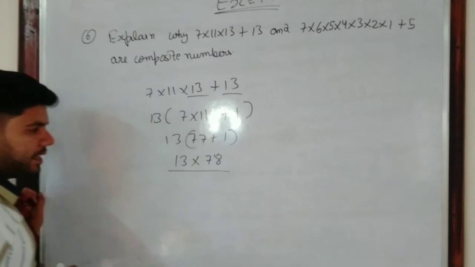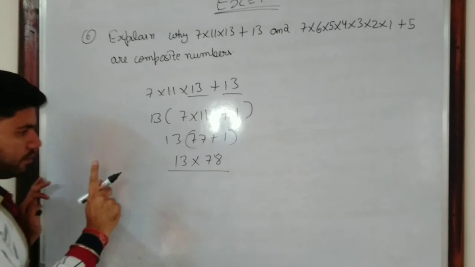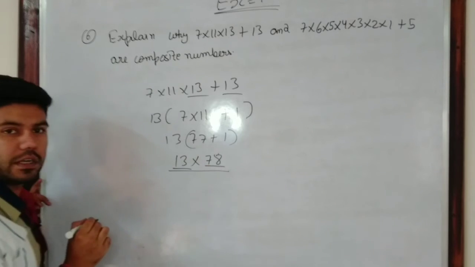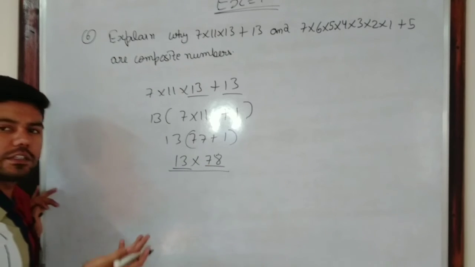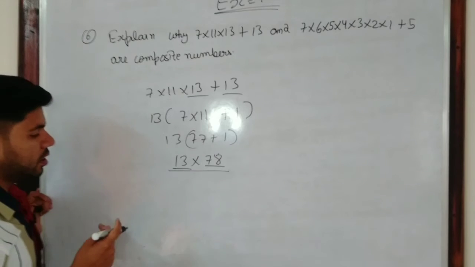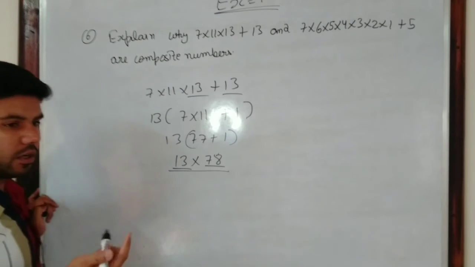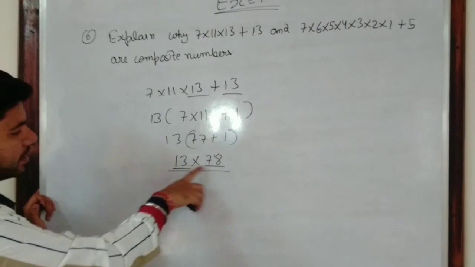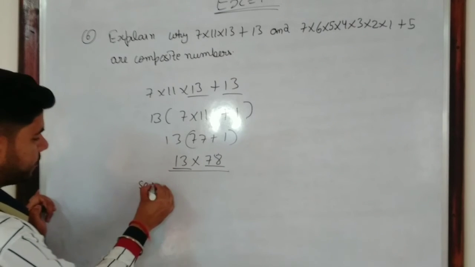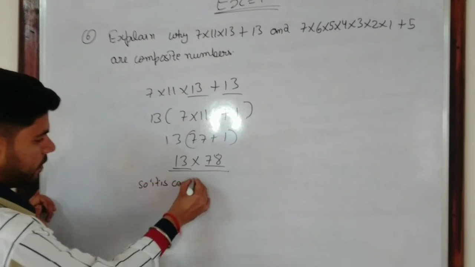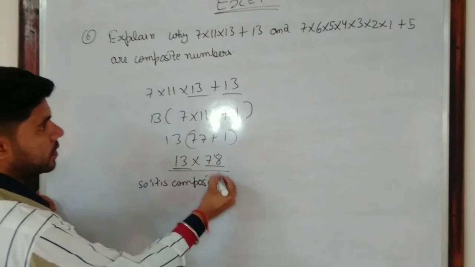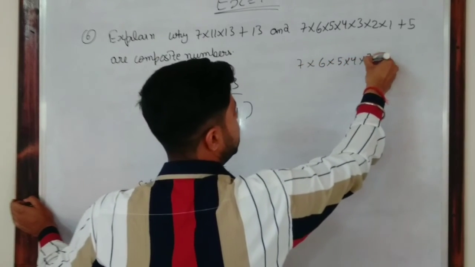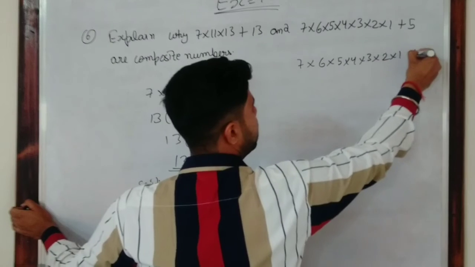If we multiply these numbers, this number is divisible by 13, by 78, or by 1 or by itself, the number we get after the multiplication. So it is divisible by more than 2 numbers, that is 1, itself, and other than those, 13 and 78. So it is composite. Similarly, 7 into 6 into 5 into 4 into 3 into 2 into 1 plus 5, we take